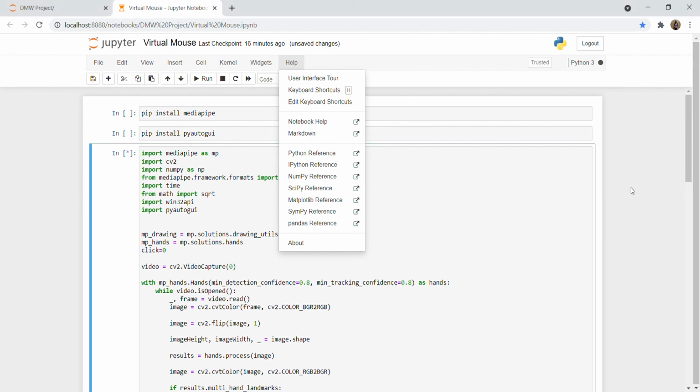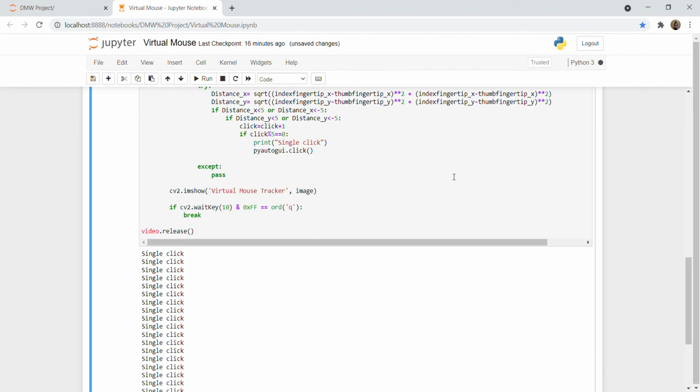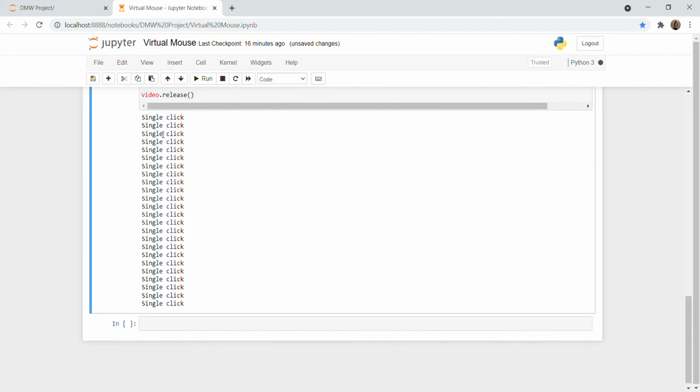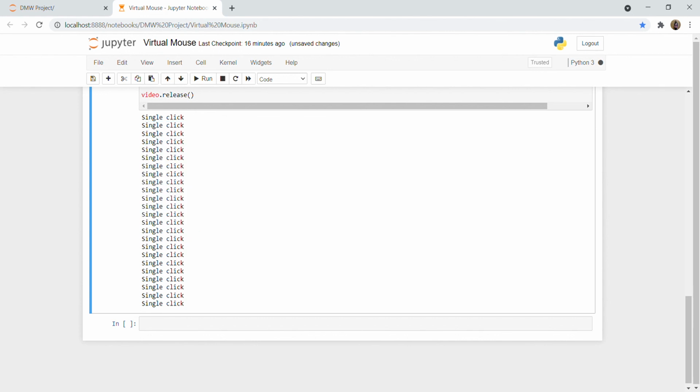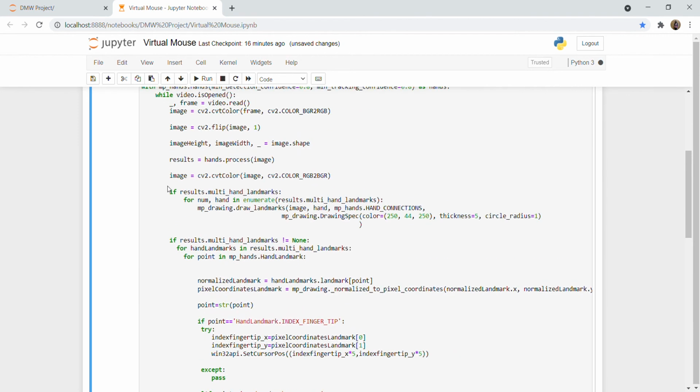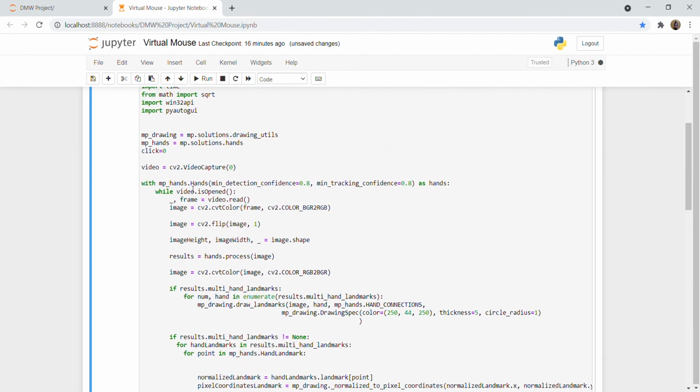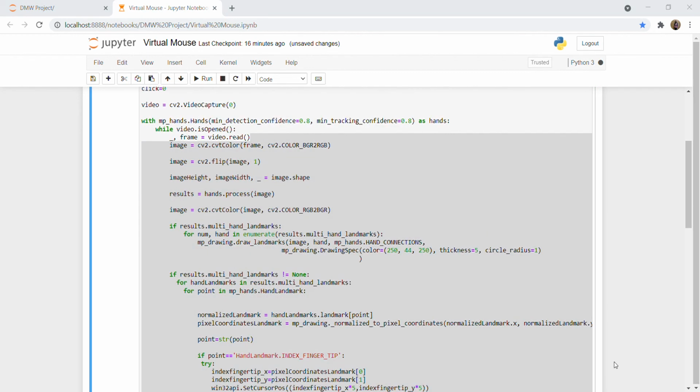And this was the code for the virtual mouse. I hope you have understood. And yes, this is the number of times I've clicked now. It is showing more values because it was giving a bit of buffer. The main part which was more important to handle was minimum detection confidence and minimum tracking confidence, because by changing these values the cursor which is moving can be changed.